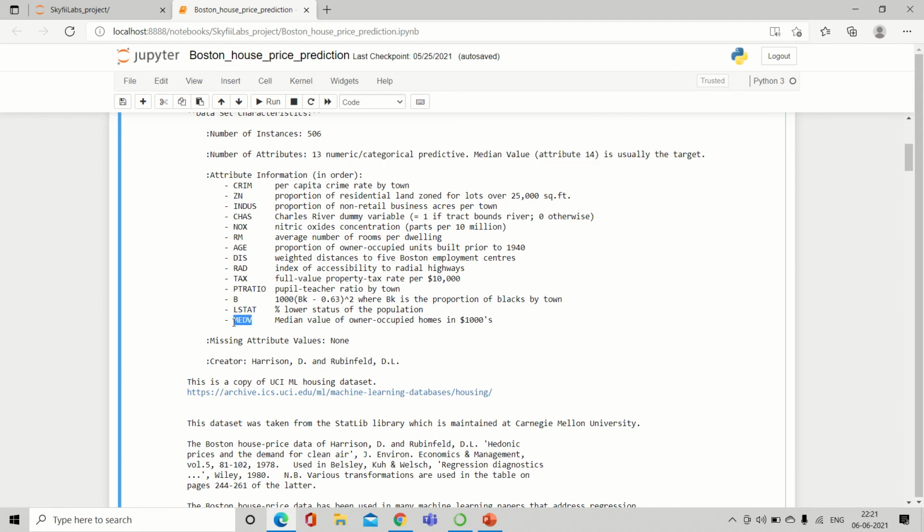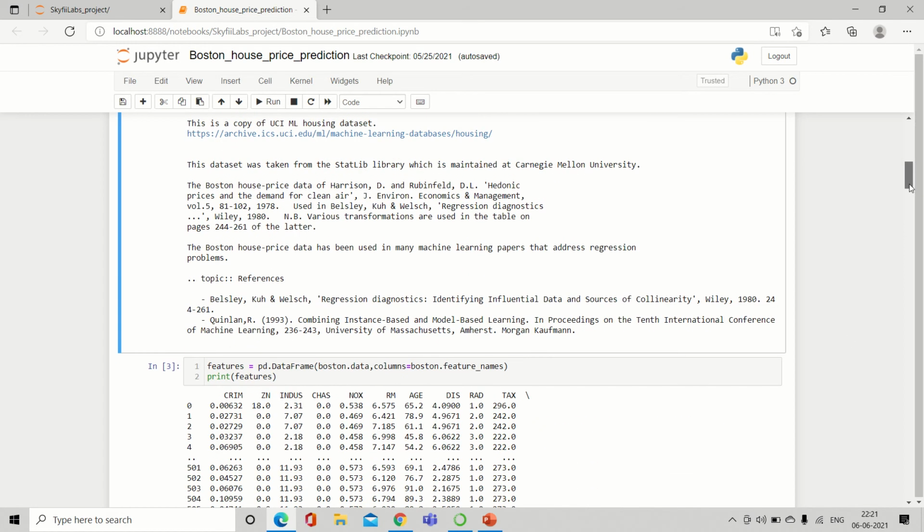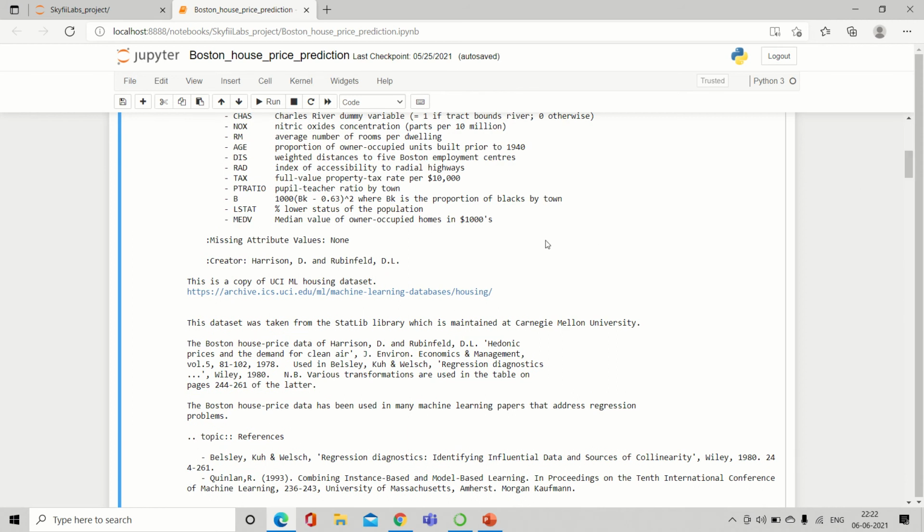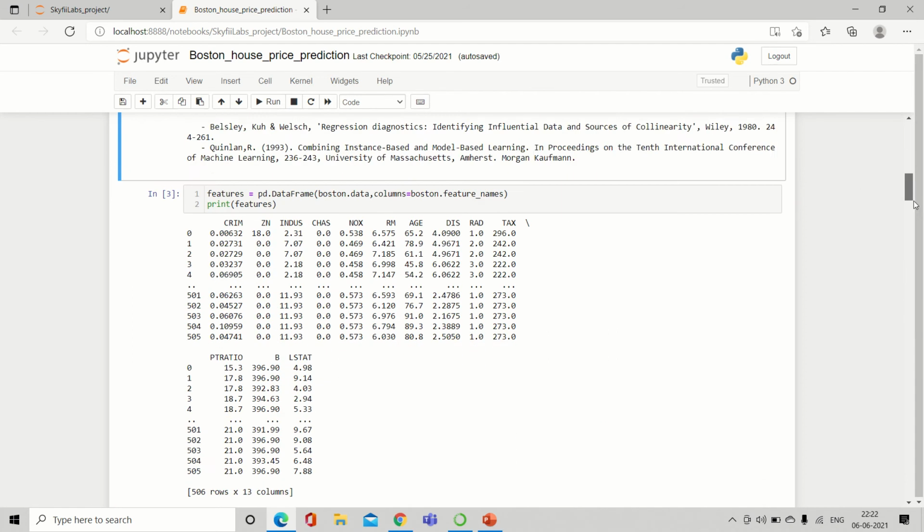MEDV is the target attribute, and CRIM, ZN, INDUS, etc. up to LSTAT are the features in the dataset. Features are those values upon which the label or the outcome is dependent, and the target value is the one we are going to predict.